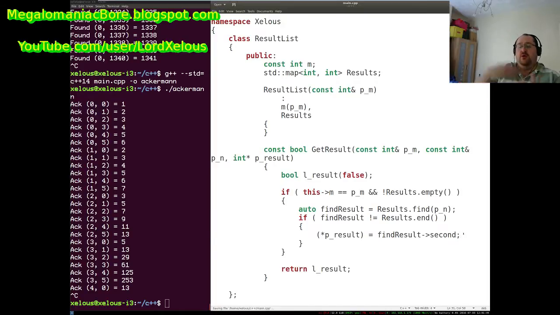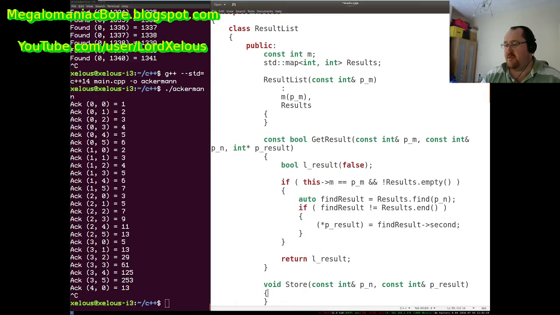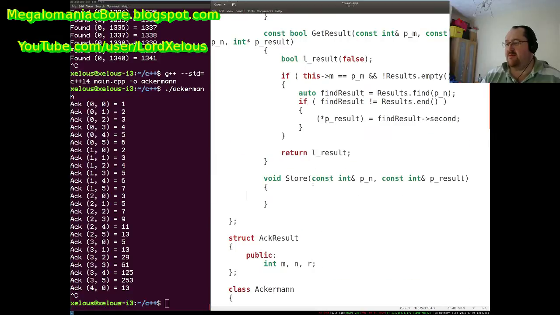There is no loop there. There is no cyclic item. There's nothing re-entrant. We're just going to get that result. But we do need to also store a result. So void store const int n const int result. So we're going to just pass in a result, and again we will just